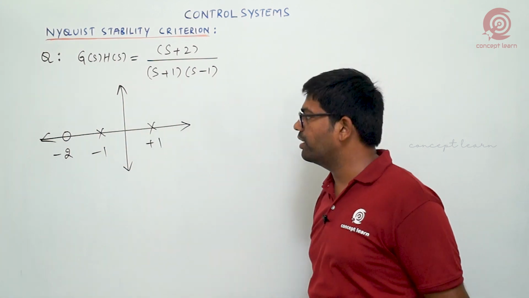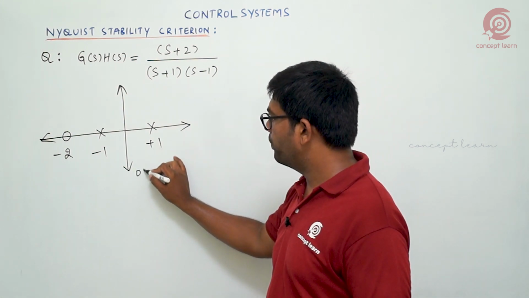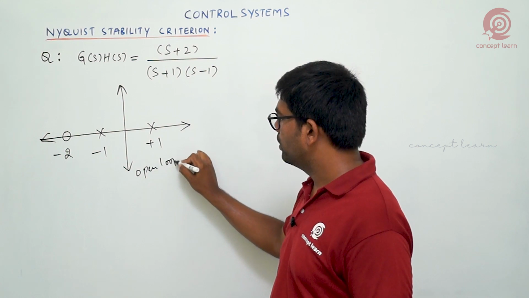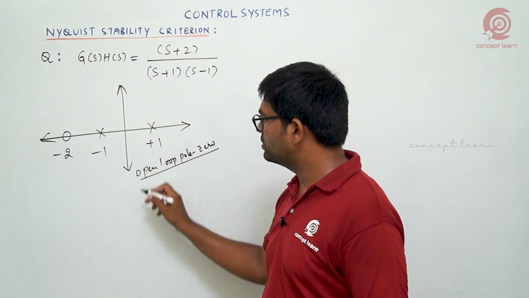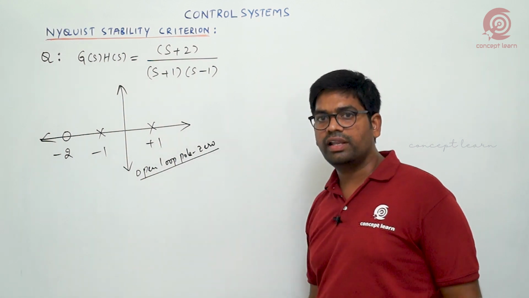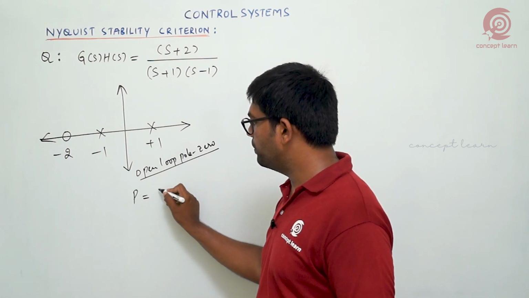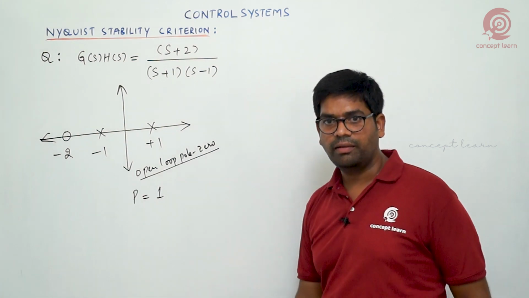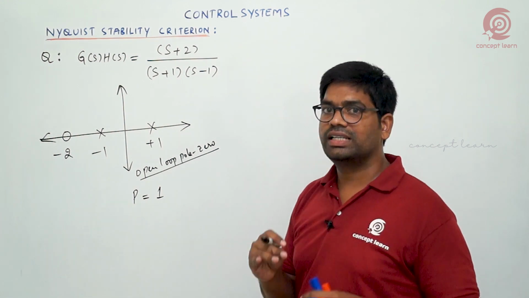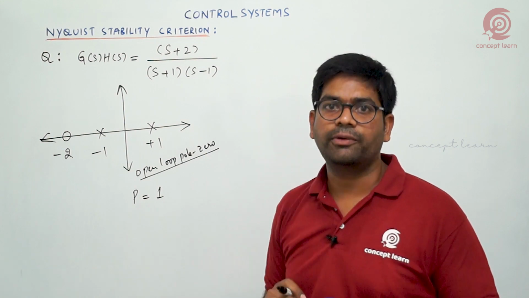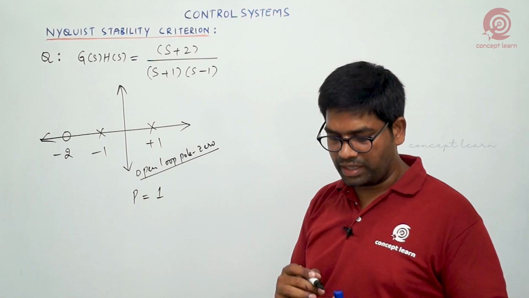So this is somewhat different. Now all these are the open loop pole-zero plot. From this, what is the number of poles located in the right-hand side? That we indicate with P. So one pole is located in the right-hand side. Now we should find the number of encirclements for the critical point -1 plus j0. That you can obtain by constructing the Nyquist path.